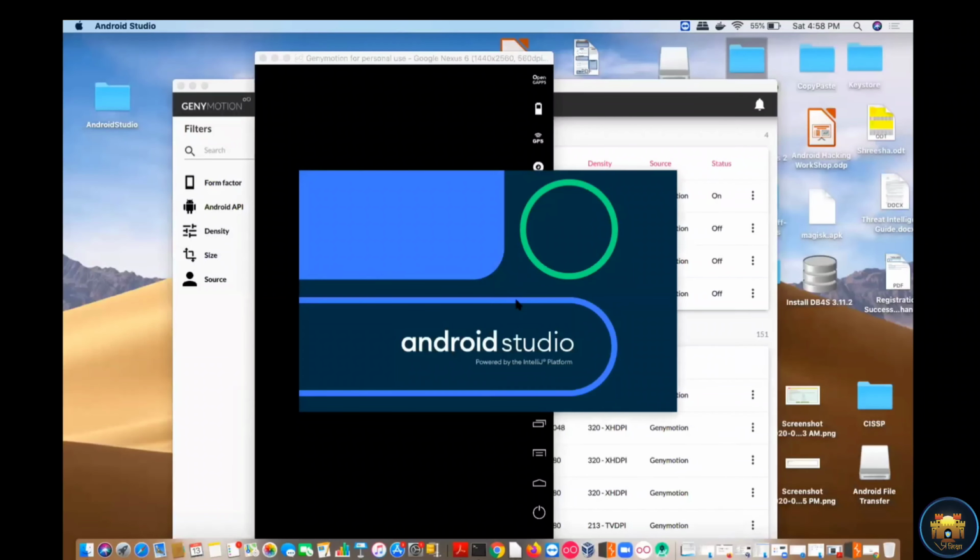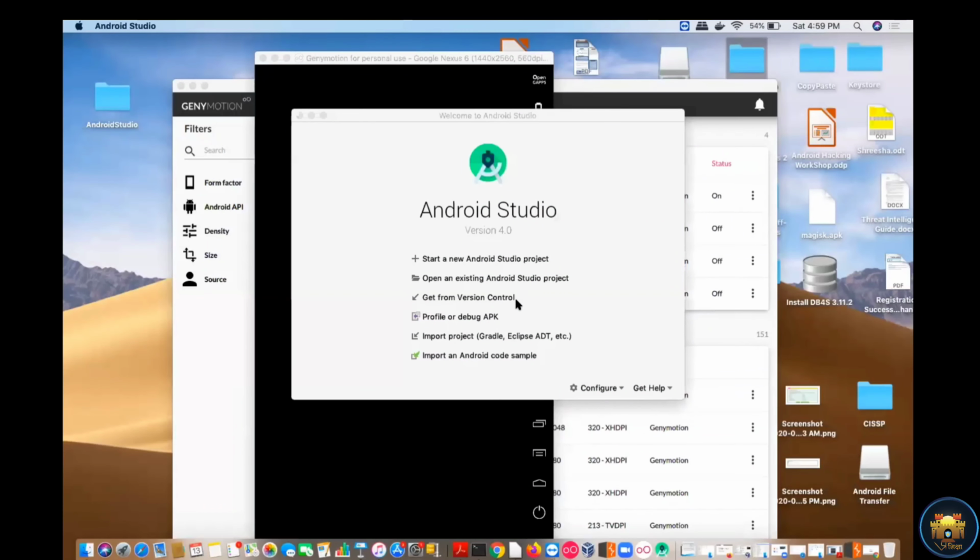And guys, do not get confused by both of these emulators. Both are Android emulators, and you can use them based on your need. Either you can use Genymotion, or you can use Android Studio according to your need. So we are just explaining here how you can install the device according to your API level or operating system.